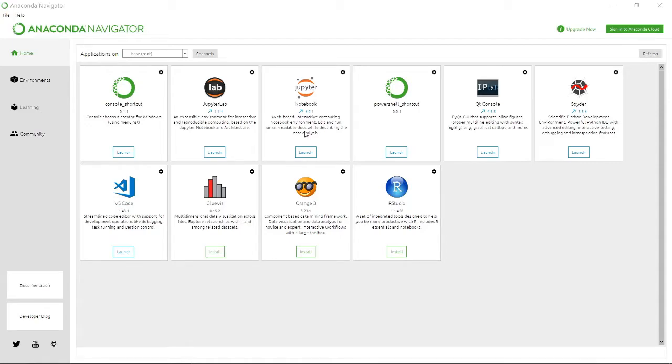We have installed Anaconda and Python onto our computer. So from the next lecture onwards, we will start coding and have fun with Python. Now we have installed Anaconda and Python onto our local machine.